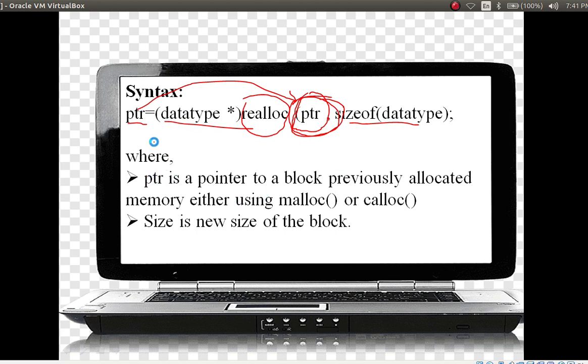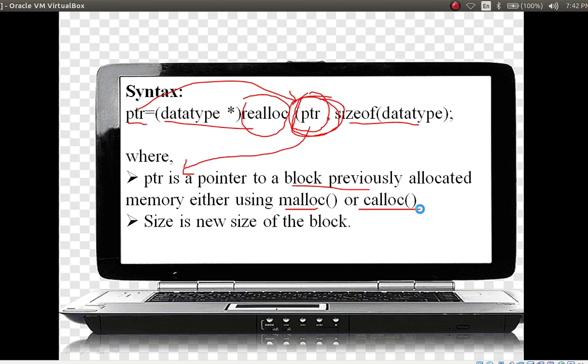Where ptr is a pointer to the previously allocated memory block. This pointer is different and this one is different. What does it tell? Previously allocated memory, either using malloc or calloc.